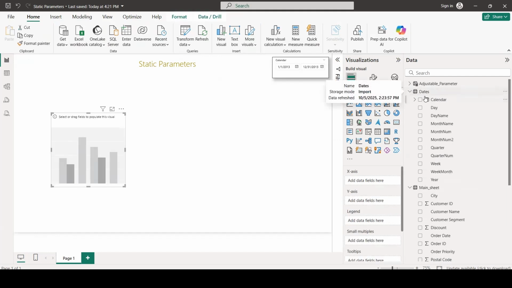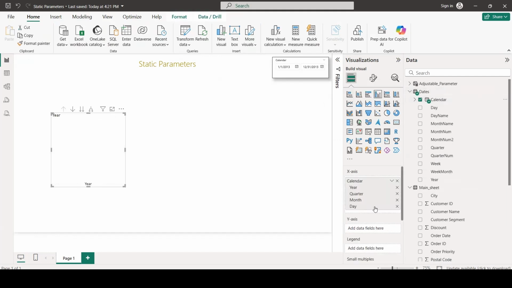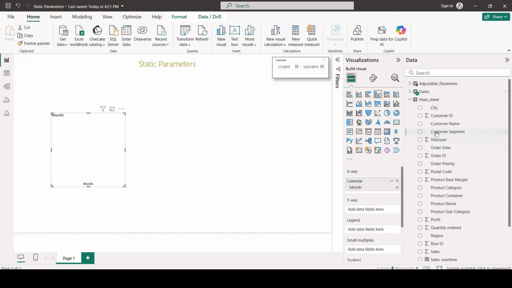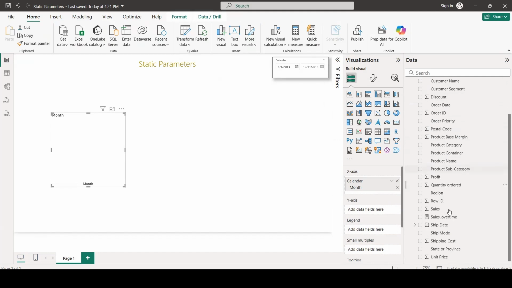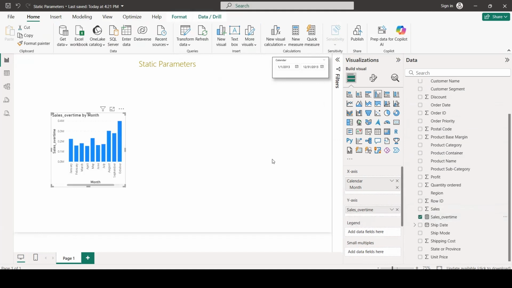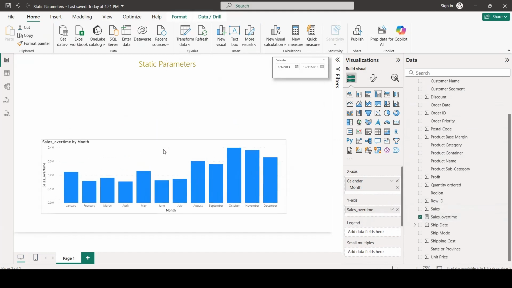I'm going to choose buy amount on the x-axis, and then I want to add my new measure, which is here, sales over time. And here is the graph.